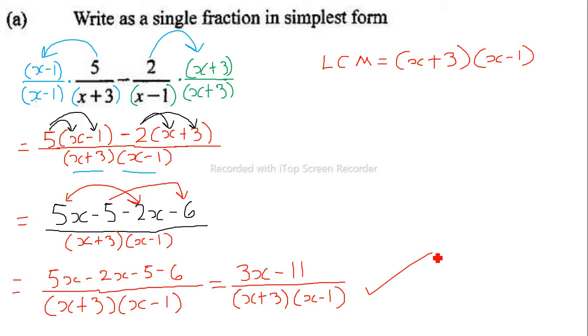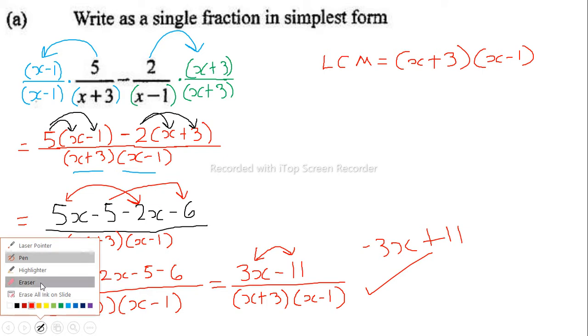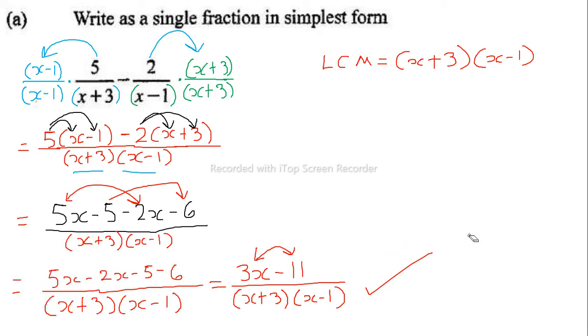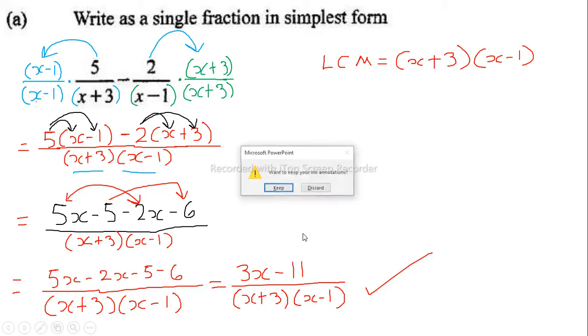Basically, when you were talking about the negative thing, what did you mean? Oh, the person ended up switching these two, and when they switched them, they did negative 3x plus 11. That's wrong. It should be 3x minus 11. So up until here it's fine. We can move on to